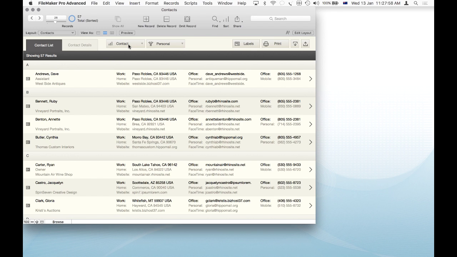As you move around the solution, you'll find that most of the buttons have tooltips associated with them to show you what they do. So that's very helpful in learning any application that has been developed for you. The developer has provided a filter tool here to be able to filter the list to any of the categories that the contacts may be